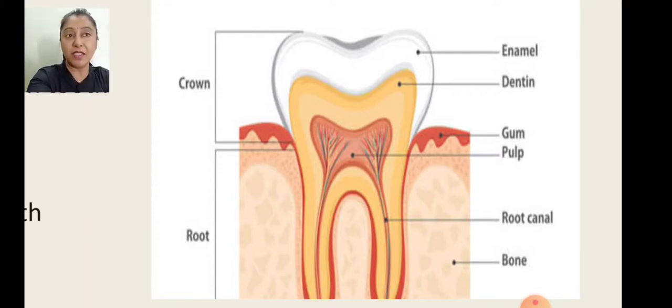Pulp is the layer which consists of blood vessels and nerves. It means if we have any problem in our teeth or any cavity or toothache, we will come to know only if it reaches till the pulp, because pulp has nerves and nerves are the ones which actually inform us about any kind of pain or any other kind of feeling. So pulp is the third, innermost layer which has blood vessels and nerves, and now the root part of the tooth is fixed into the gum along with bones. So this is the structure of the human tooth.